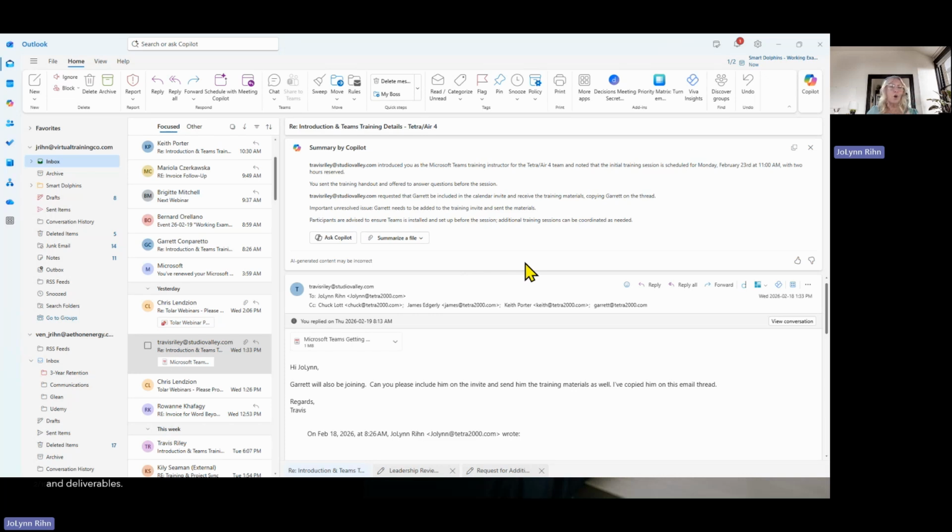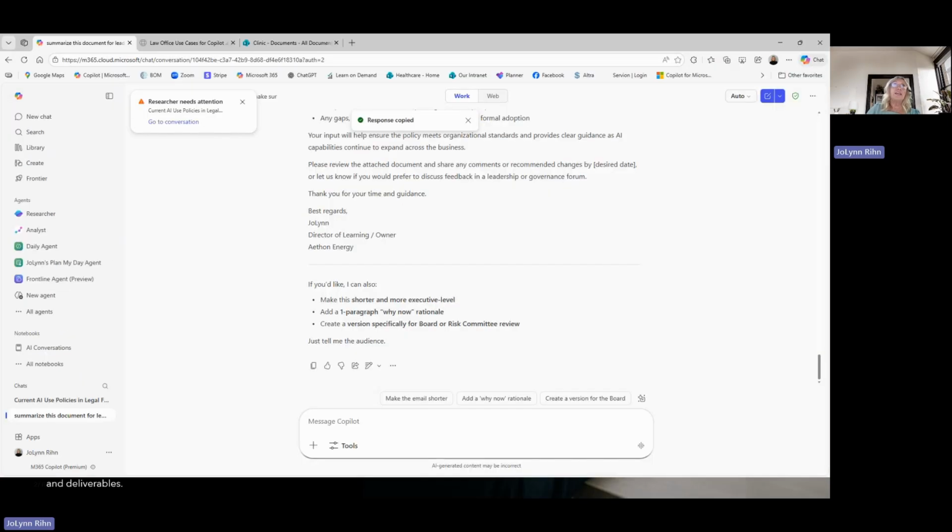So we could be using Copilot in so many different ways. But I want to talk a little bit more about things that you do on a regular basis. Because what if you go out to Copilot every day, and let me jump back into the app itself real quick. Let's say that every day you come out to Copilot and you need to give it a specific prompt. Did you know that you can actually schedule a prompt? There could be a prompt that you use on a daily basis